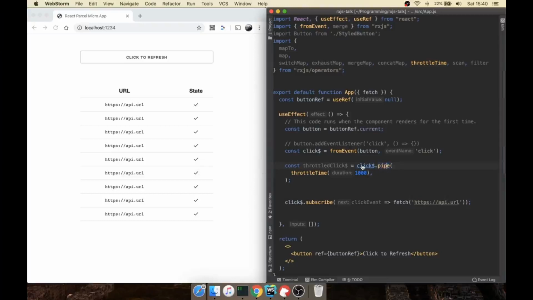Pipe doesn't go in and modify this original stream of clicks. You can see down here, we're subscribed to this original stream of clicks. And every time this original stream emits, we send a network request. It's sort of irrelevant that we've done this transformation and got a throttled stream. What we need to do here is instead of subscribing to the original stream, we need to subscribe to this